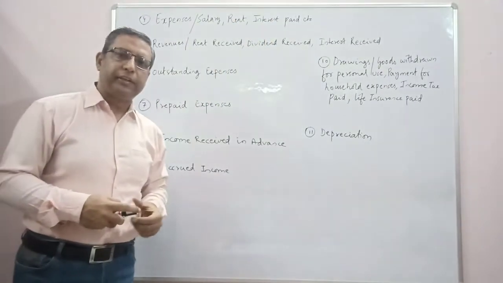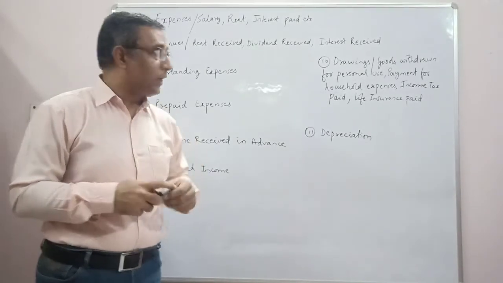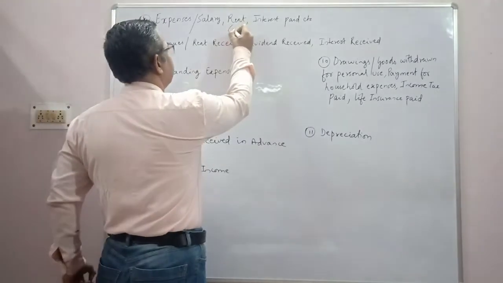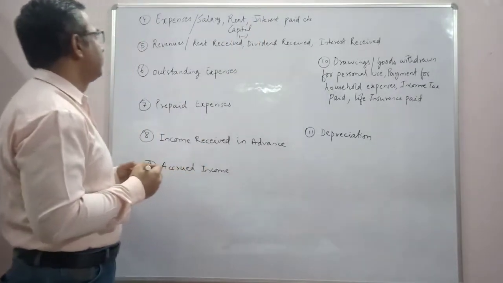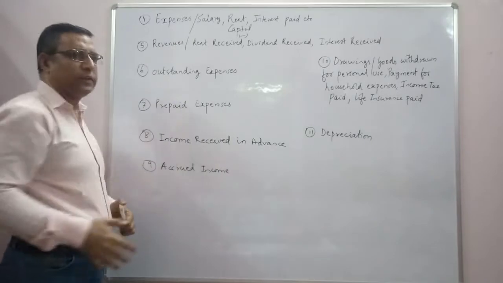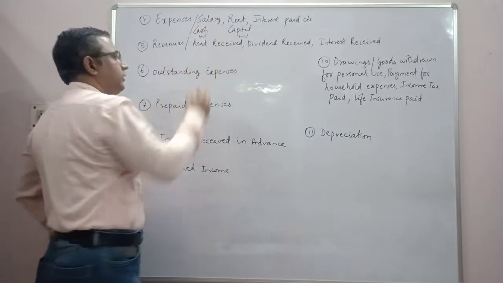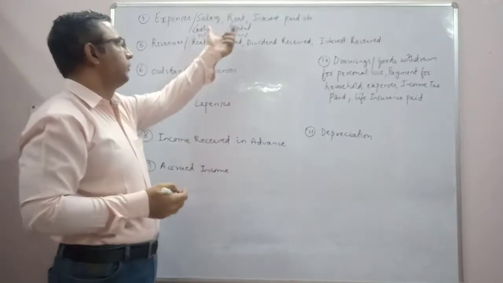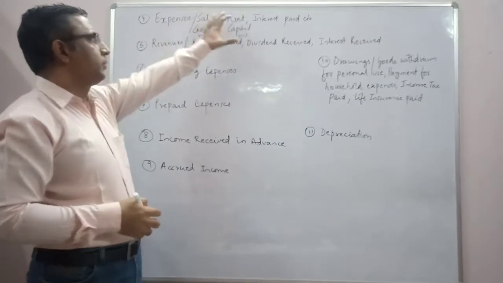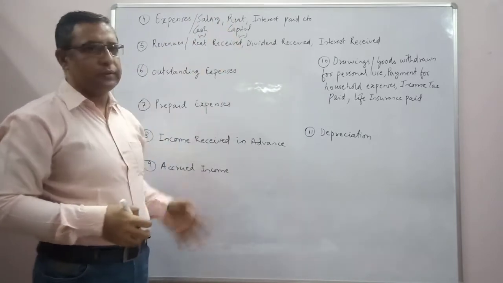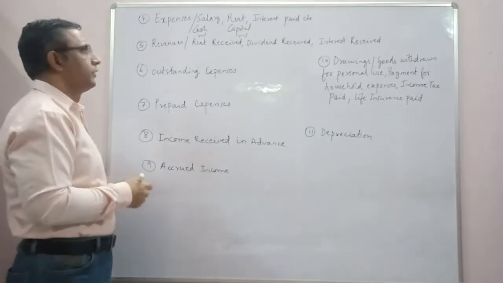All the expenses are a reduction in the capital of the owner. So it is going to affect the capital. Capital is going to reduce, as well as when we talk about expenses, we are paying it, so our cash is getting reduced. The cash is reduced as well as capital is reduced by the amount that will be given there. All the expenses are going to affect the capital: reduction in capital as well as reduction in cash.